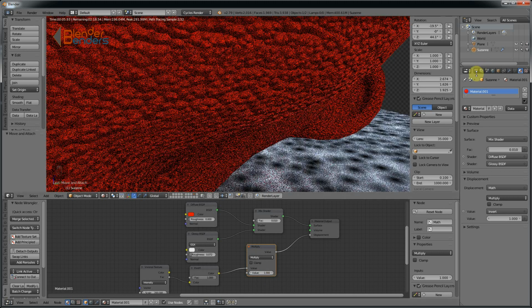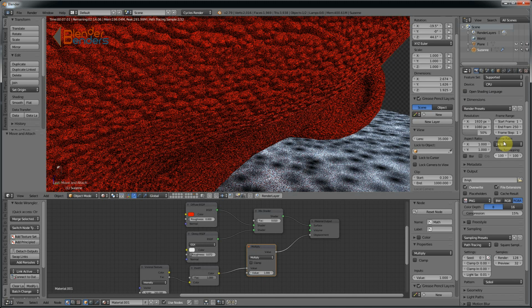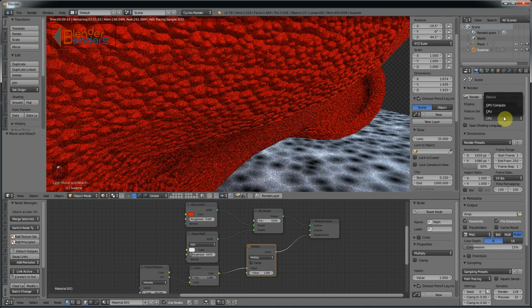And hopefully this will render up fairly quickly. Just checking something up here. Let me change to GPU. Should be a bit faster. You may not have this GPU device. It depends if you've got an NVIDIA graphics card or not. So that's set to 1. We've got quite high. If I want something a lot lower, say 0.2,